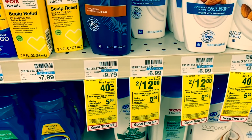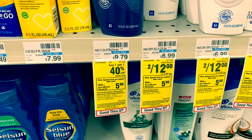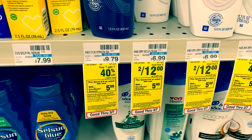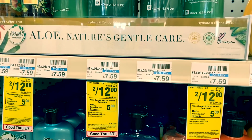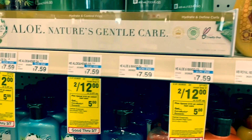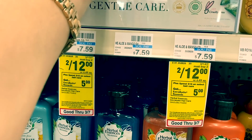So they're 2 for $12. Spend $15, and then you're going to get the $5 extra buck. So the other piece that is included, if I can find it, is Herbal Essence. This is included as well at 2 for $12. So I'm gonna grab 2 of these,